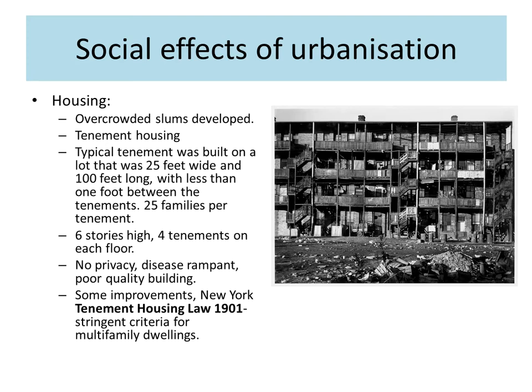And as mentioned at the bottom, there are some changes to the law. The Tenement Housing Law 1901 makes some rules about what should happen to the housing, what quality of housing, how many people per room, whether it should have water and toilets. In reality, though, as we shall see when we get onto the progressive era, even though laws were made, very often landlords could bribe their way or get political favour so that they don't actually have to follow the law here. So in housing terms, therefore, it's overcrowded and poor quality.